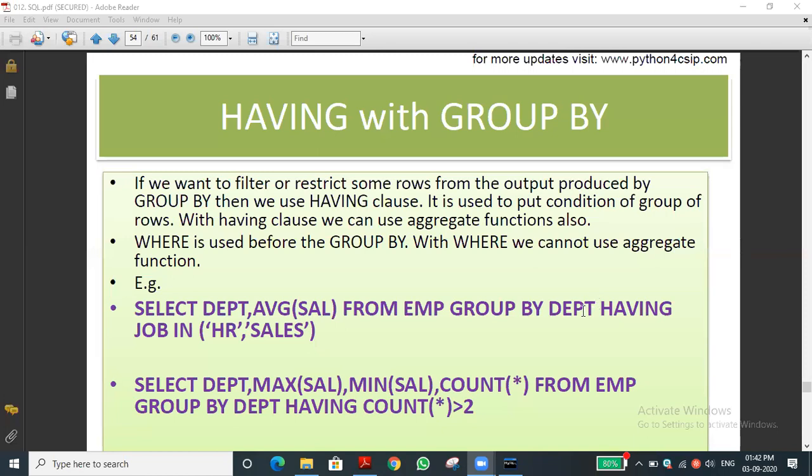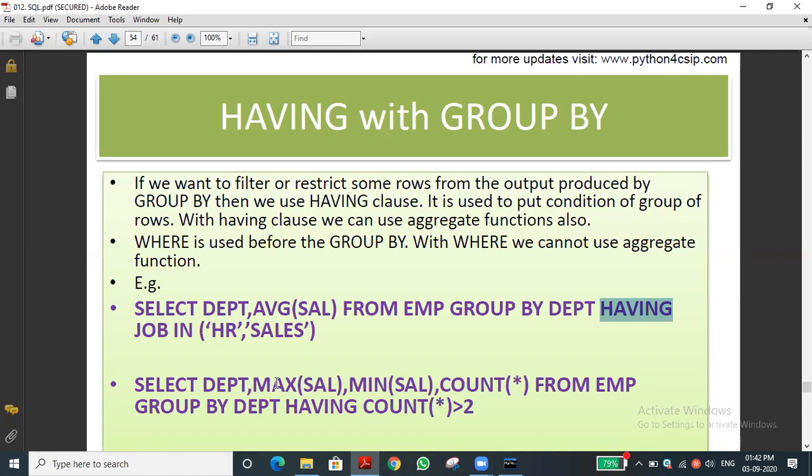But we are giving an extra condition, having. Having department in HR and sales. Have you understood? So only those who work in sales and HR, that salary alone it will average.